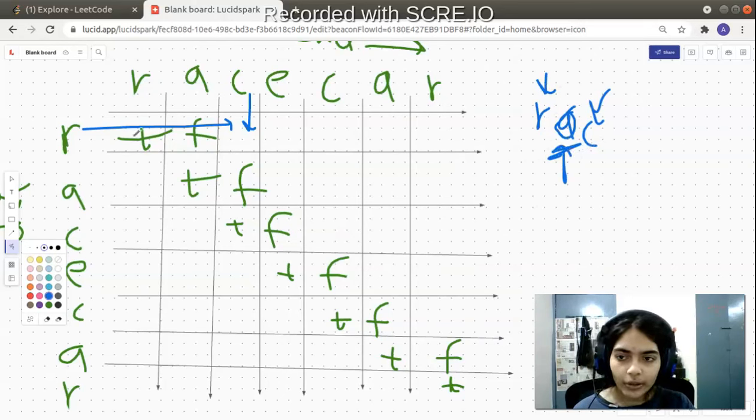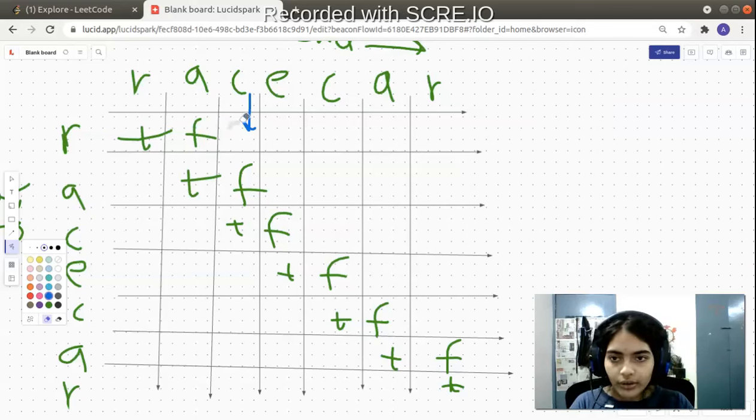All single characters are palindromes, so they are all true. So we just have to check if the first and last characters are the same. If they are the same, then the string of length 3 will be a palindrome, because the innermost character doesn't concern us.